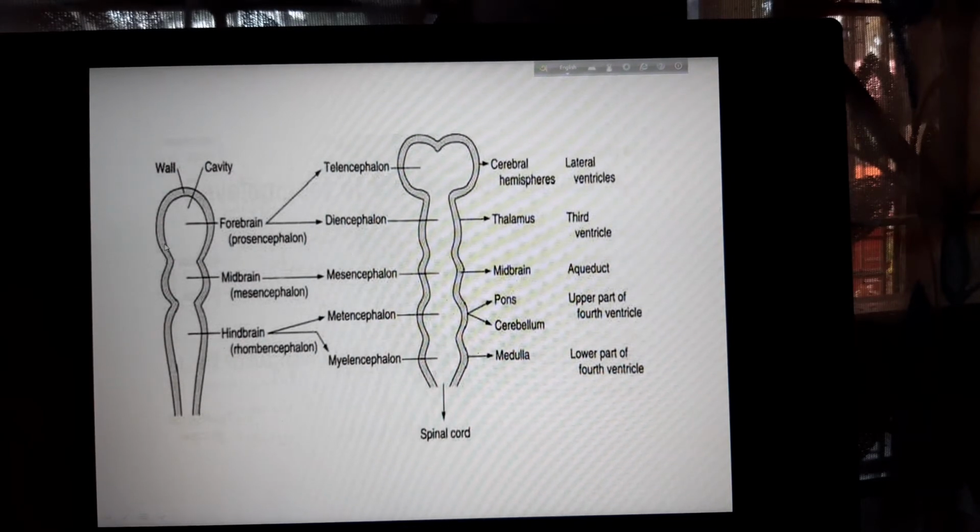The brain develops from the anterior part and the spinal cord develops from the posterior part. The various parts of the brain are first indicated as thickenings of the wall of the neural tube, which are folded, especially in the case of the cerebral hemisphere. This is the cerebral hemisphere, formed by the development of a pocket-like evagination